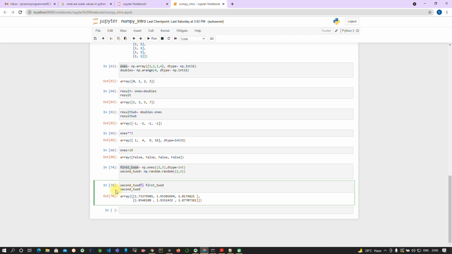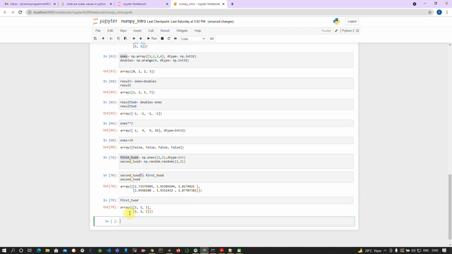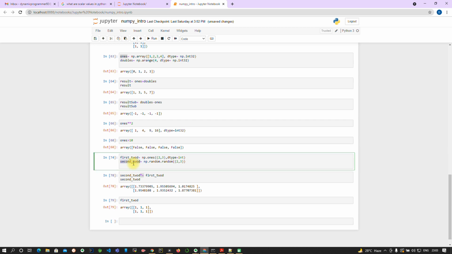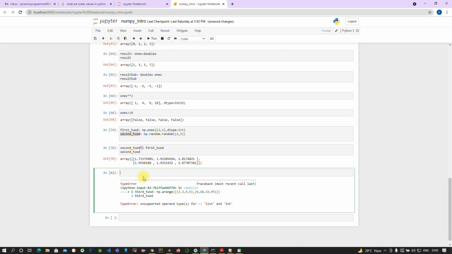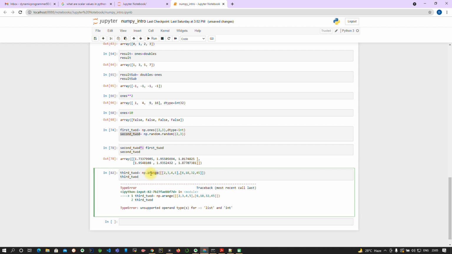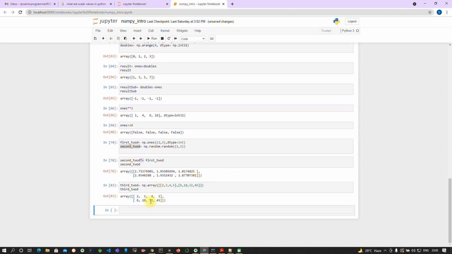Okay, so since we have created this array, let's use it and print it. Let's create a new array so that we can use it for finding the minimum, maximum and the sum of the elements. Let's convert this with np.array. As you can see, I have created a two-dimensional array. You can see the values. So now I want to find the min and the max element, and also get the sum of the elements.